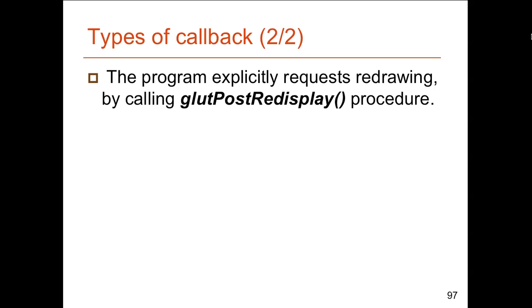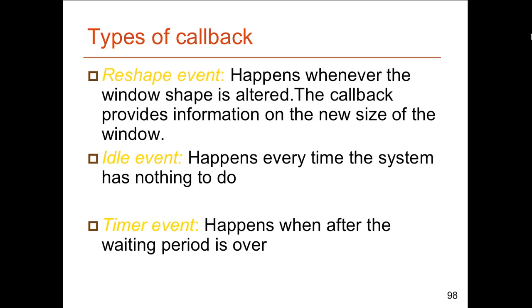Sometimes you want to redraw when something changes and you want to make sure it happens, so you redraw it. You don't want to redraw too much, because then it could cause flickering. So, types of callbacks: maybe a reshape event happens